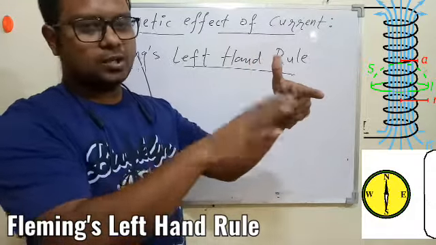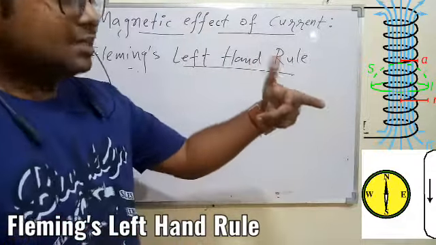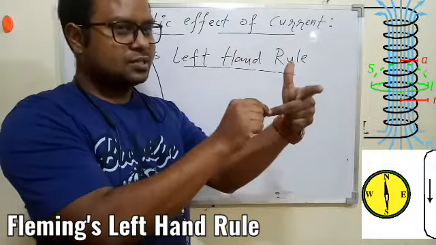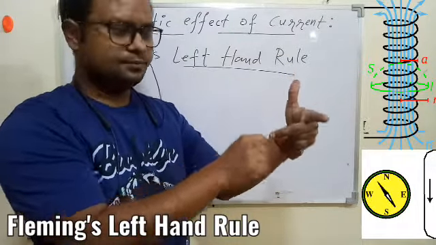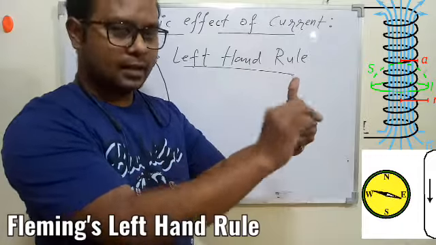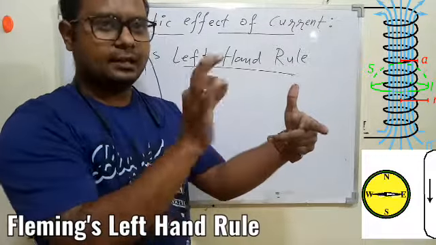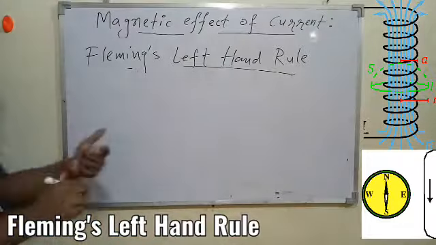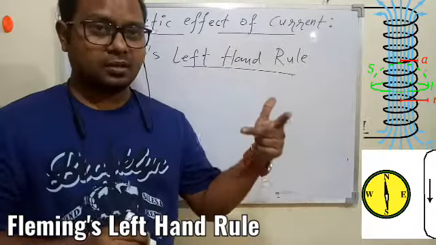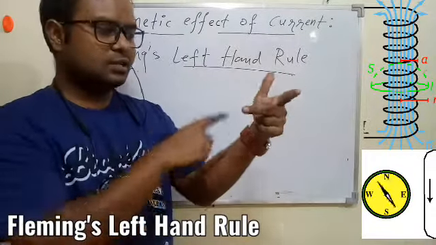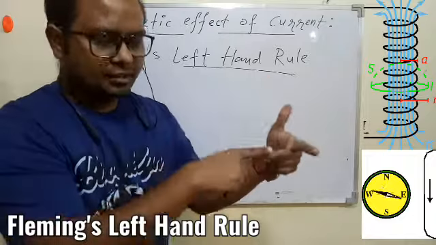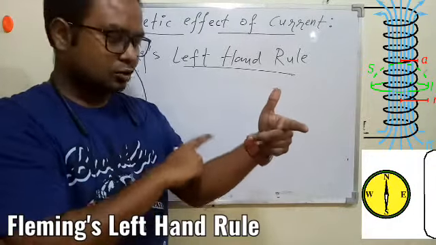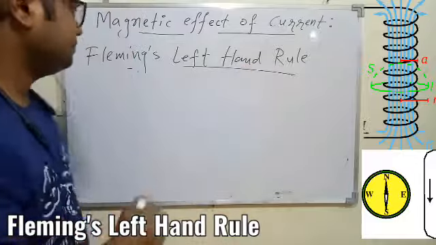So all three are perpendicular to each other, such that, we have to imagine now, this is your center finger C, this is your forefinger F, this is your thumb T. So let's understand one by one. I'm not writing the statement. If you have to give the statement, you must write down: we stretch the center finger, forefinger and the thumb mutually perpendicular to each other of the left hand such that